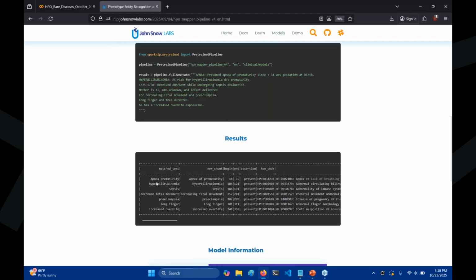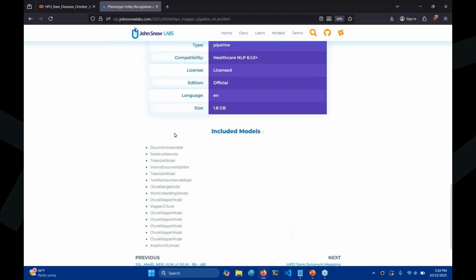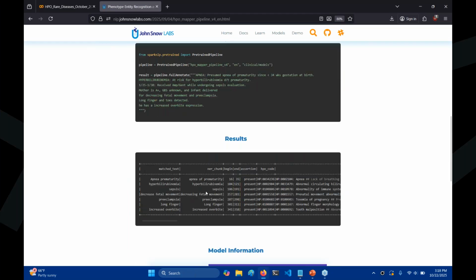So the starting point is, do we have any? So you see that we have a sentence detector. The pipeline starts with splitting the sentences first. And once we get the sentences, we get tokens for each sentence. So this is the begin and end indices for the chunk. So this one is the first chunk, or the phenotype for us, apnea of prematurity, and assertion says yes, it's